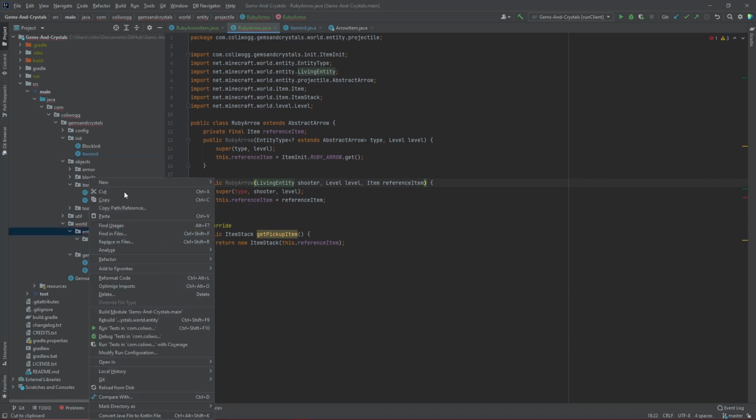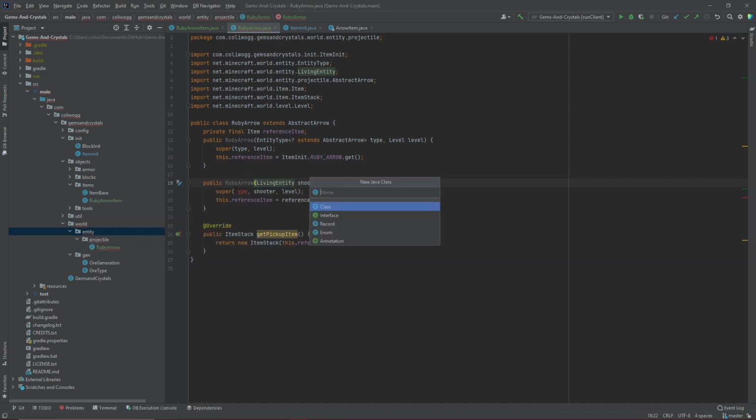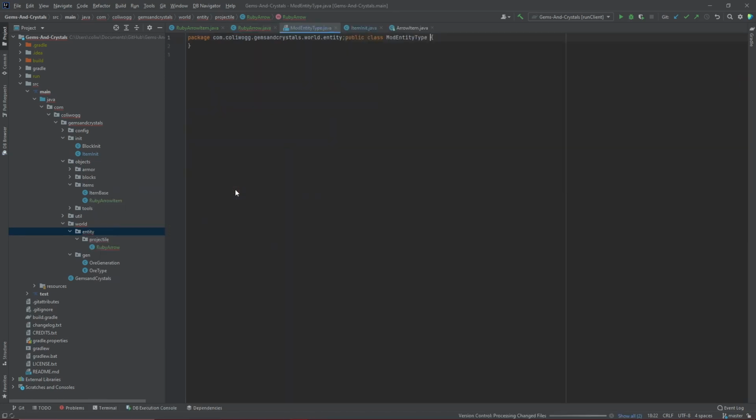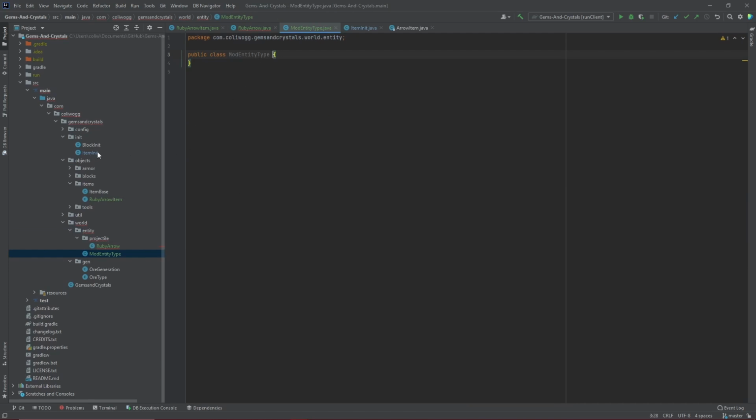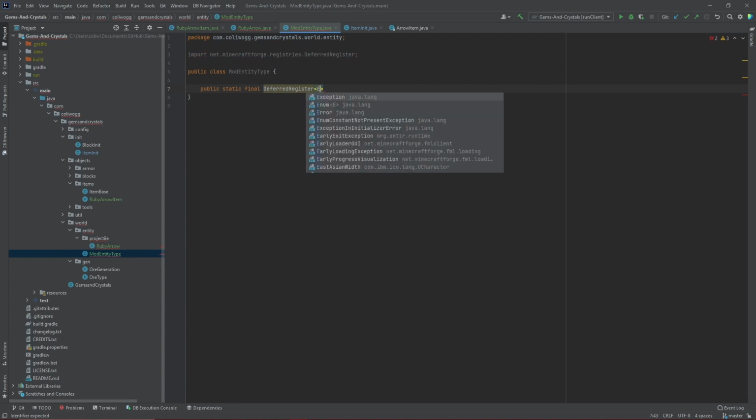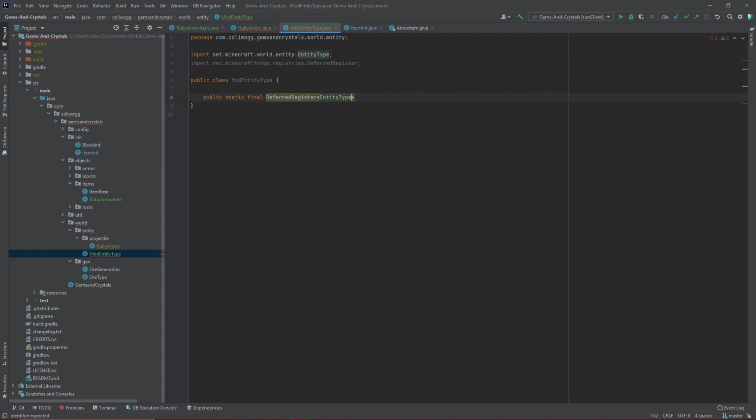Within the entity package, I'm going to create a new Java class, and I'm going to call it ModEntityType. So this class is kind of similar to my item init and the block init, where you create a deferred register and register to the event bus. So that's what we're going to be doing here for entities. So what we're going to do is we're going to add public static final deferred register. Then in the triangle bracket, we'll do entity type, then another triangle bracket and a question mark. Then we're going to call this entities